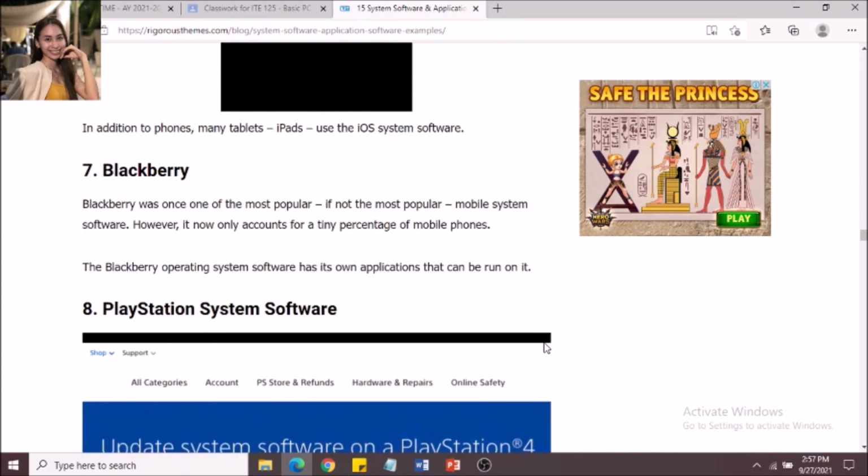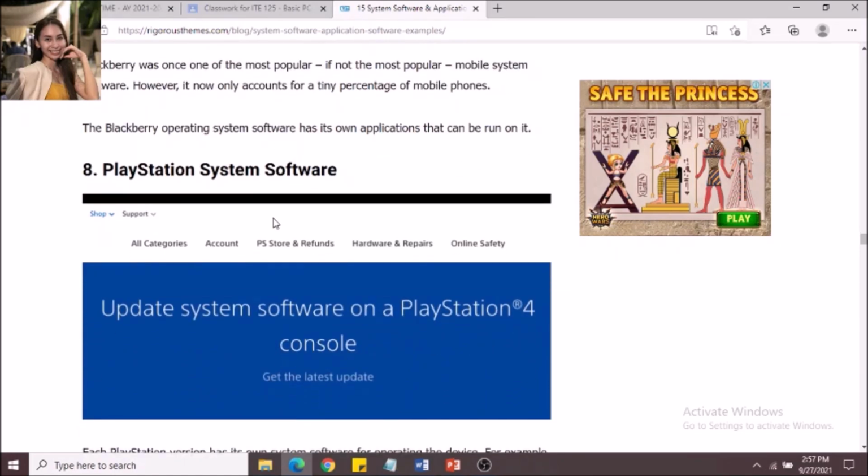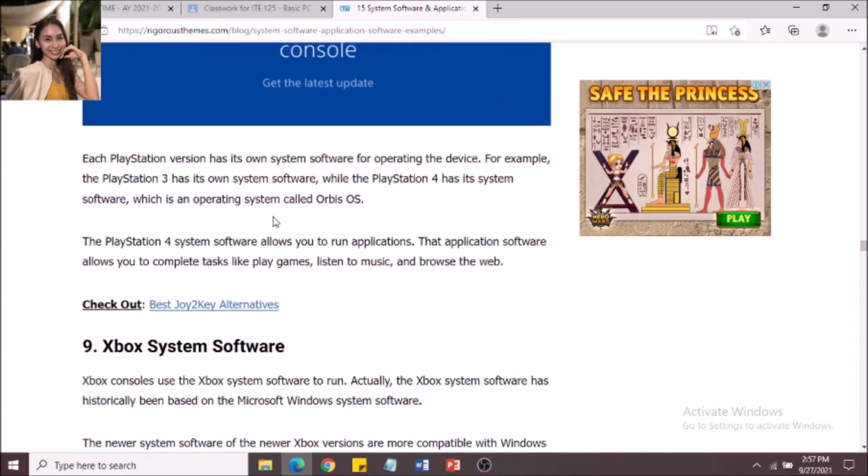Next is BlackBerry, which was one of the most popular in mobile system software. However, it now only accounts for a tiny percentage of mobile phones. Next is PlayStation system software. Each PlayStation version has its own system software for operating the device. For example, the PlayStation 3 has its own system software, while the PlayStation 4 has its system software, which is an operating system called Orbis